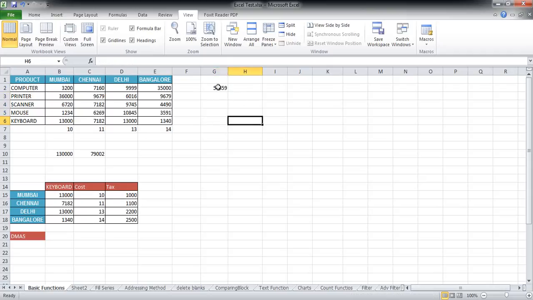We could have achieved a similar thing using a keyboard shortcut also, and it involves first selecting the area in which we want to have our formula pasted down, and then pressing the Control and D buttons together. So I'm going to press Control D. So there you go. You have the formulas pasted again from the cell G2 to G3 to G4 and so on.